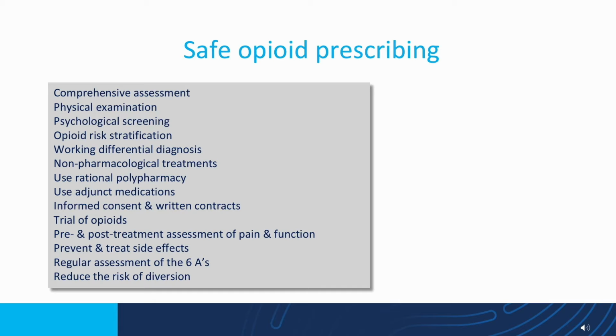Safe opioid prescribing. If you're going to do it for that select group of small patients with moderate to severe pain, quality of life is not good, function is not good, and they're debilitated, then we've got to do it properly. We've got to do it safely. And we're going to go through each of these steps in turn. I think it's very important. It was important 5 years ago, 10 years ago. It's still important today.